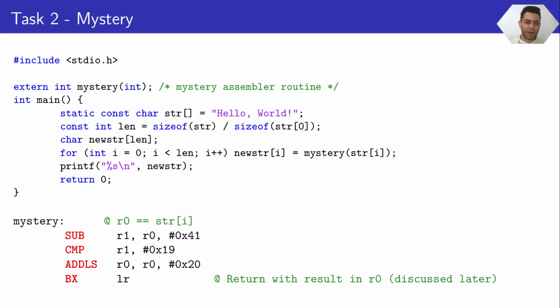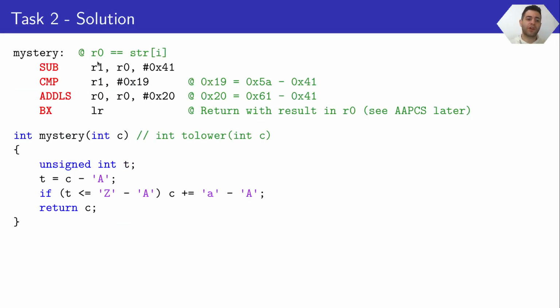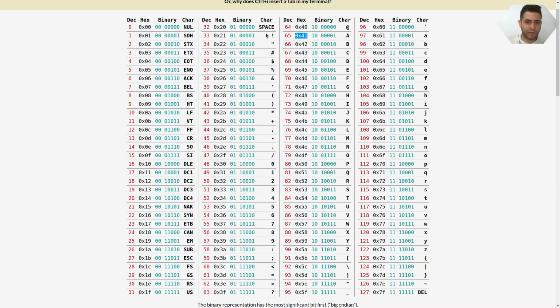The answer to my question is that this program is printing hello world with the H and W lowercase, because this mystery function is what is actually converting each uppercase character into its lowercase character counterpart. How is it working? It's taking advantage of how characters are encoded, and in this case it is the ASCII encoding table you see here. So first we have uppercase characters, then we have the lowercase ones, you see, and then in